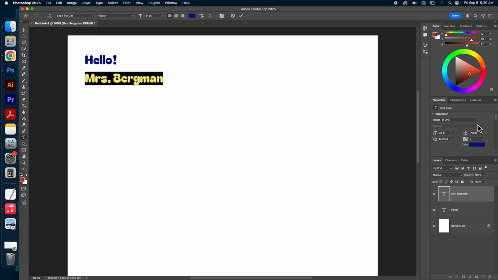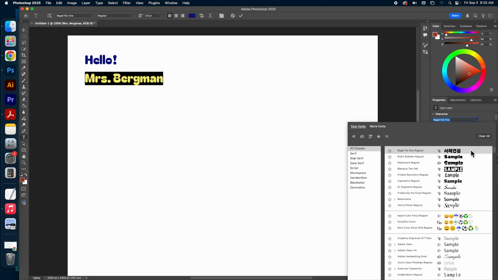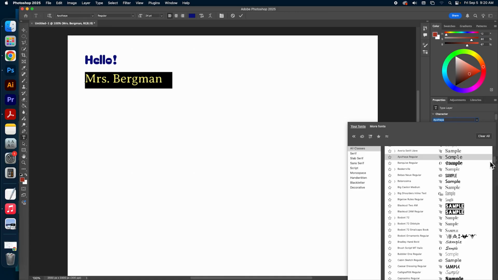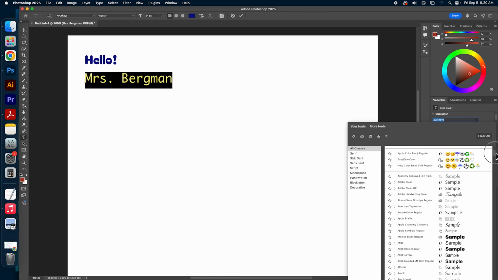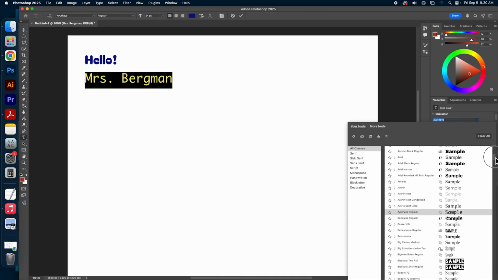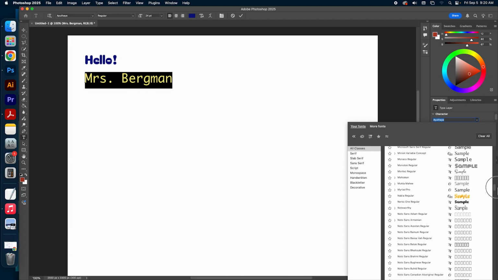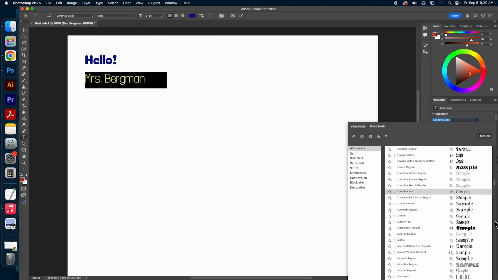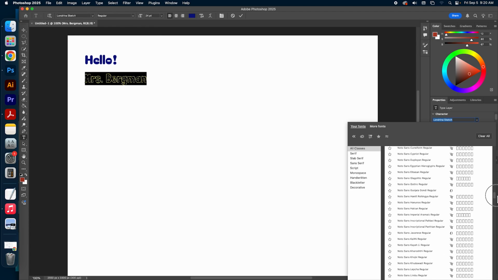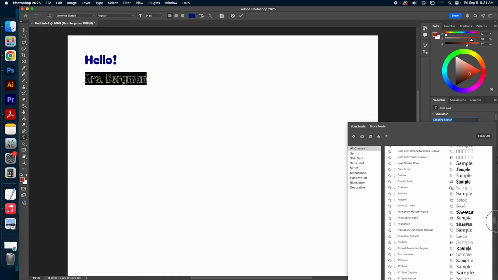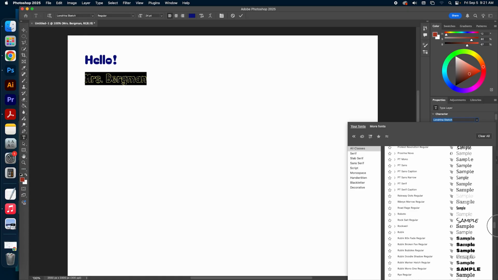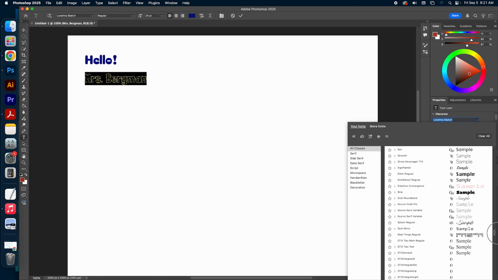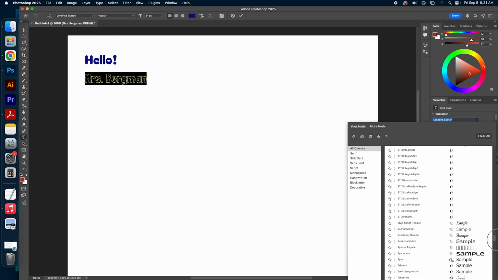I want to change the font for this one, so I'm going to choose something from my fonts. This is all in alphabetical order. All the fonts that you have installed plus anything that comes pre-installed on Adobe or pre-installed on your computer will be in here. The only one that we kind of have a little trouble with is the Noto fonts, the Noto variable fonts. Those are not going to show up, and there's a lot of them, so you're just going to skip through them and find one that works for you.